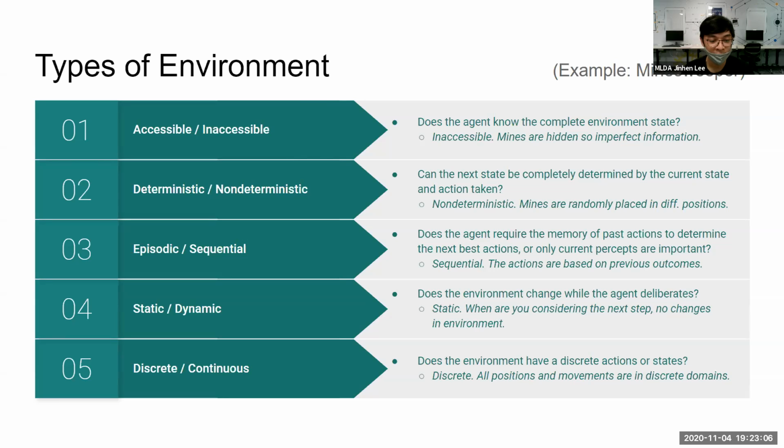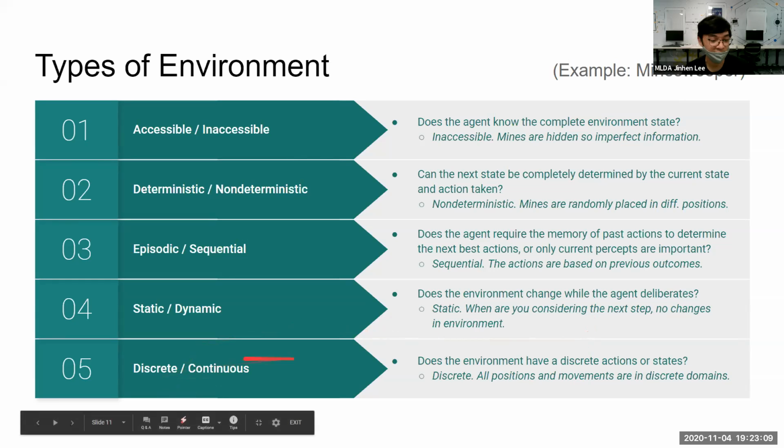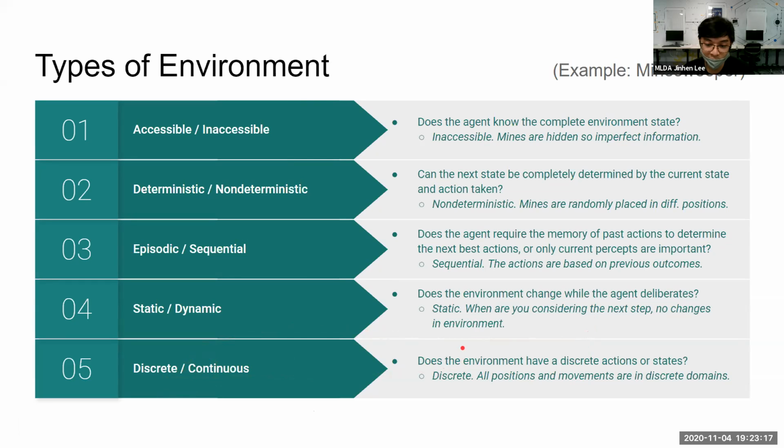So it's static. And finally, we have to see whether the environment is discrete or continuous. So for Minesweeper, we have, let's say, an 8x8 grid. So there are only a total of 64 actions that I can make. I can click one of these 64. So they are discrete. So coming back to our self-driving car example, the X direction can be 6.5, or it can be 6.55, or it can be 6.55555 long. It's a continuous value. So those domains are not discrete, so they are called continuous. Okay, so I've covered this environment.